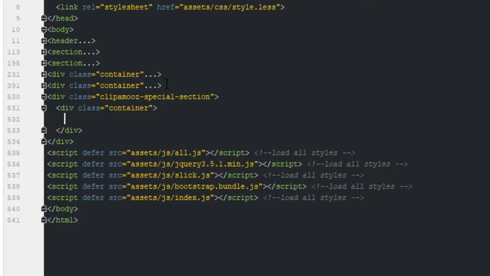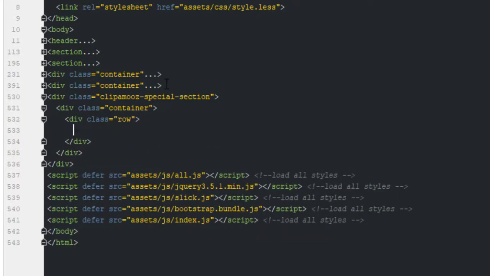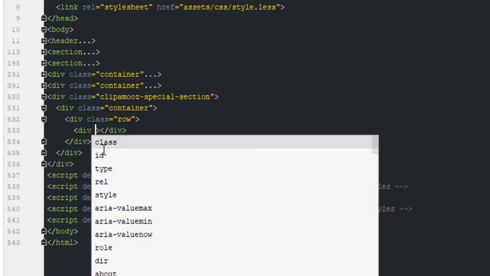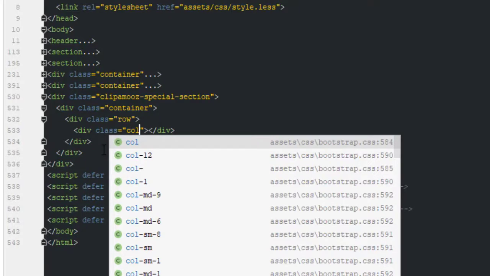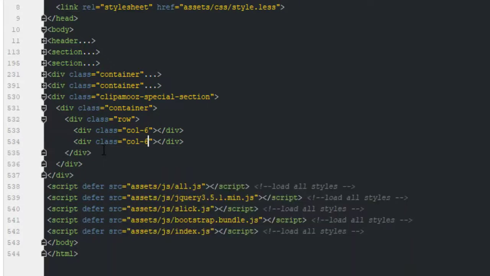Now div class row, and add, for example, div class col-12. Now add div class col, for example, class col-6, and Control D,